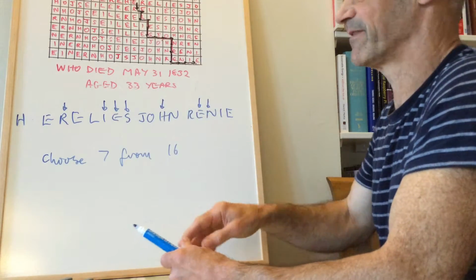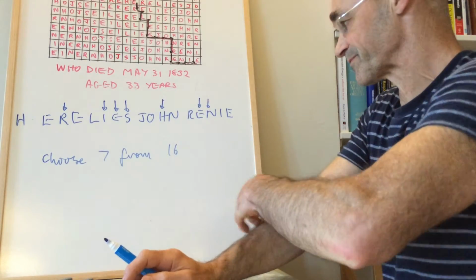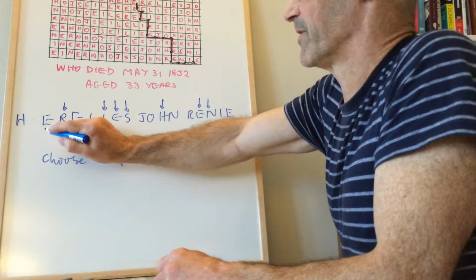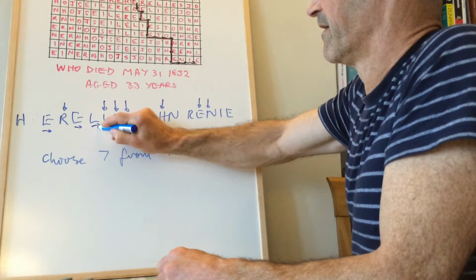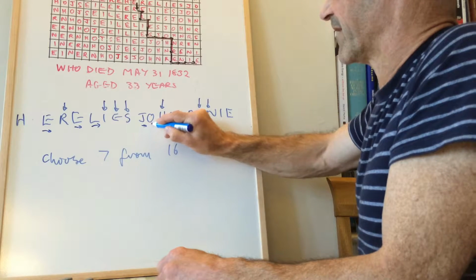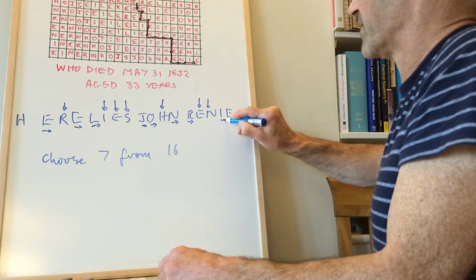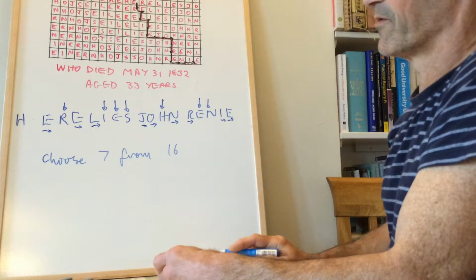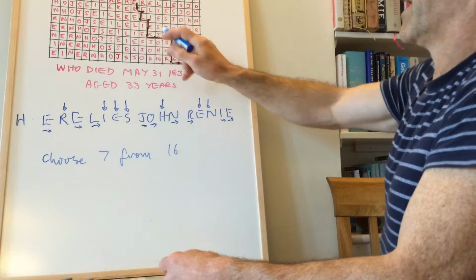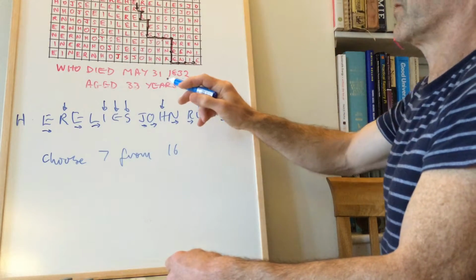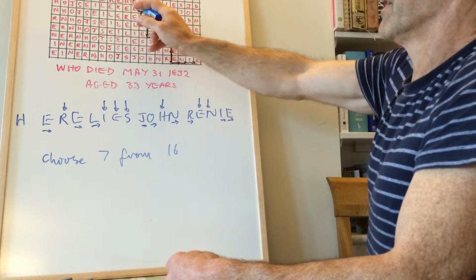So by choosing 7 and marking them with a little down arrow, it's the same thing as choosing 9. And actually, I'm going to mark the 9 that I've chosen with a little arrow here. Can you see what I'm doing now? So I'm showing you that by making those choices, we can define a unique path that takes us from the central H. In this case, we're looking at the bottom corner of the grid, starting from the centre of H to the